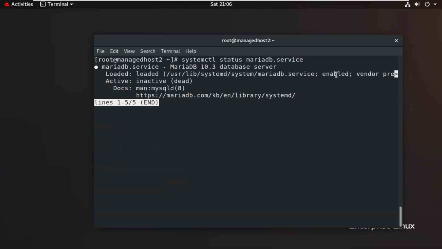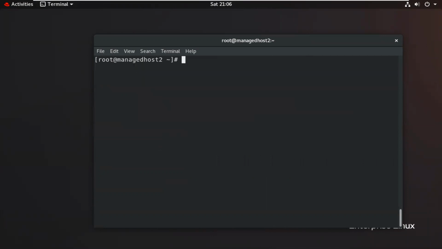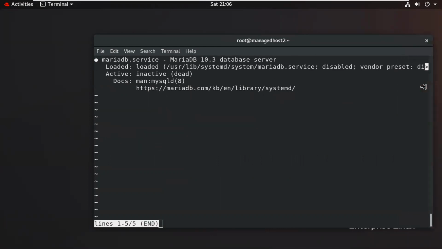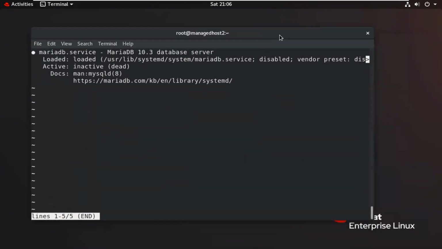The status is enabled, and I will disable this. So this service will be disabled. Then check this. This is disabled. I will show you when we perform this particular playbook.